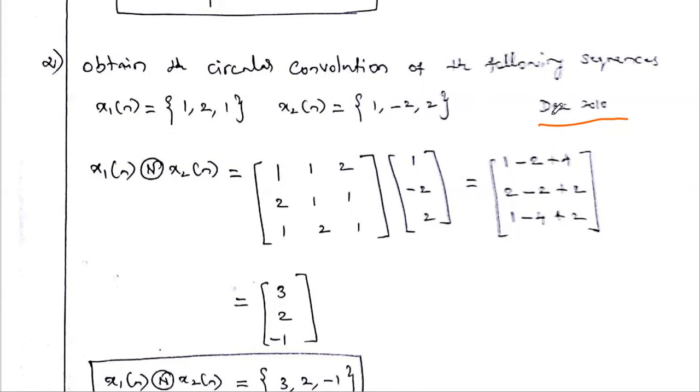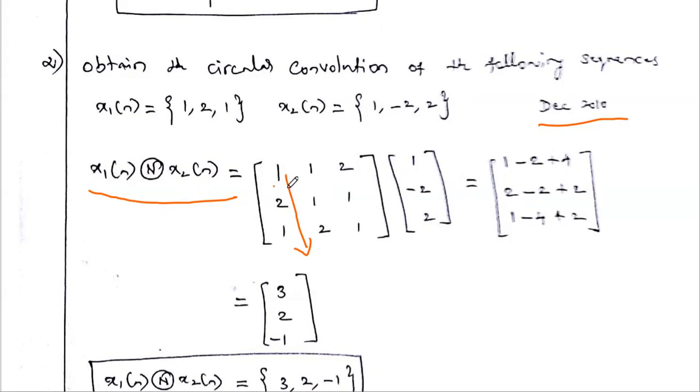So this is a 2 mark problem, that's why no need to solve it by the concentric circle method. Simply by using the matrix method we can achieve the result. The x1 of n circular convolution with x2 of n can be obtained as follows. First you write the x1 of n value. What is x1 of n? 1, 2, 3. You write it column wise. Then you just rotate: the last one comes to the first position and the remaining two you just write, 1, 2. Then again one shift. So we will get a 3 cross 3 matrix multiplied with this x2 of n value.